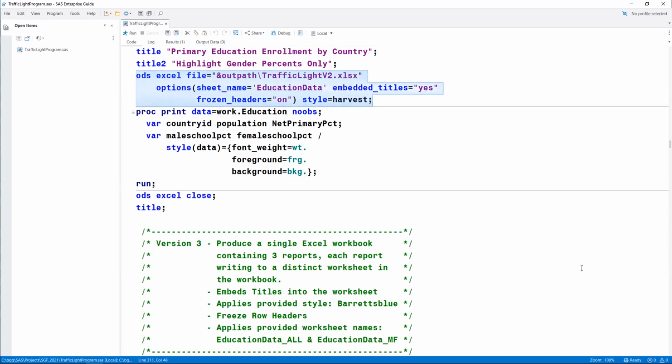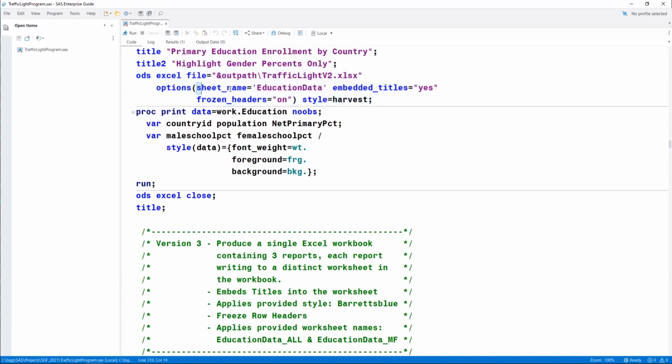I called it an open statement because I'm going to open a new workbook file. This is going to be version 2 of my traffic light.xlsx. And I have not just embedded titles in this version, I have a few other options that I've added to this ODS statement.